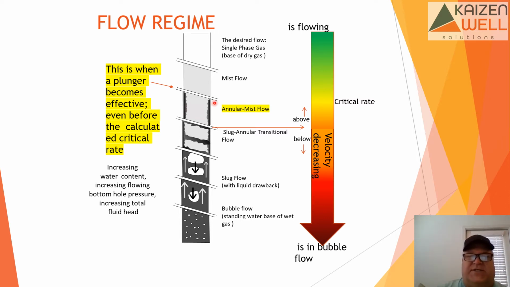Now, this liquid is still coming to surface, and there's some great videos online that a person should take a look at, and you can actually see this liquid slowly working its way up the tubing, and that's still considered above critical. But at that point, I think you can gain from doing some sort of plunger lift or other optimization methods. Now, when we get to what's the critical rate, we move to slug annular transitional flow, and basically